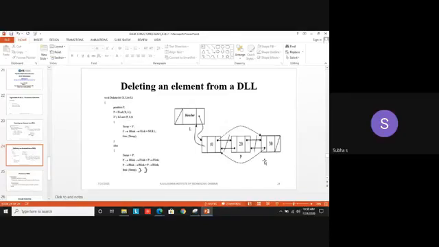I just used the delete routine only. You have to apply that find function. Suppose the question is asked, explain the routine to delete an element from a doubly linked list. Don't simply put these things. First say what is a doubly linked list, then what are the operations that can be done, then write this routine, this example. In this routine, you are using the find routine also. You have to write the logic of the find function also, if only the routine is asked. If a program is asked, you have to start right from the header itself: hash include, void main, you have to call those functions in the main, then you have to retrieve. Okay, coming back to this one.